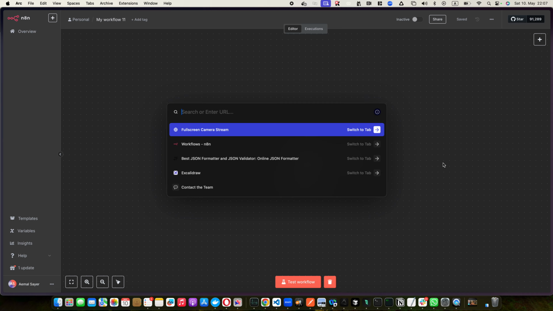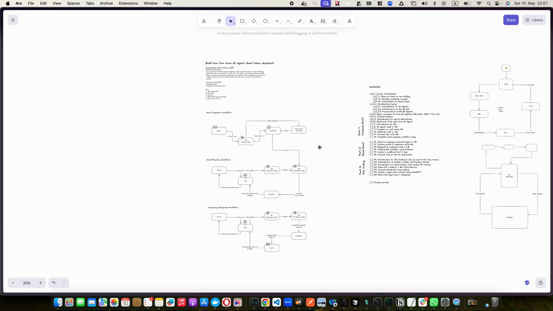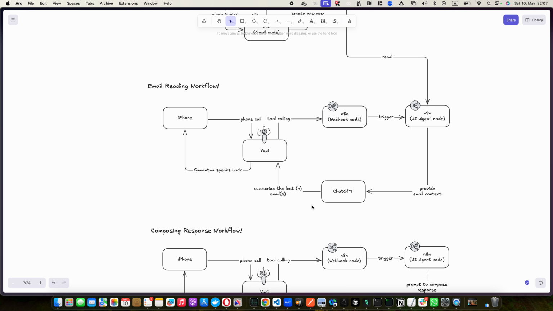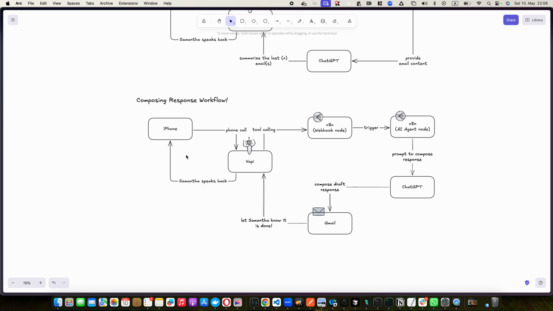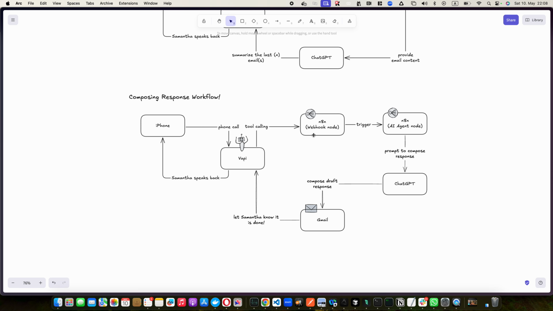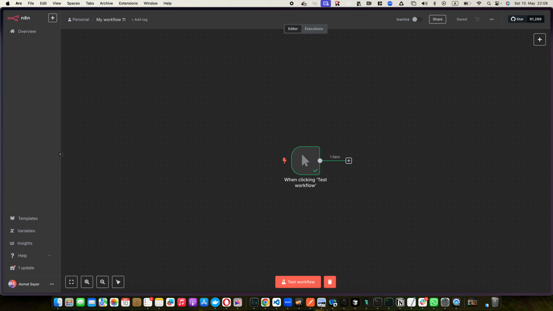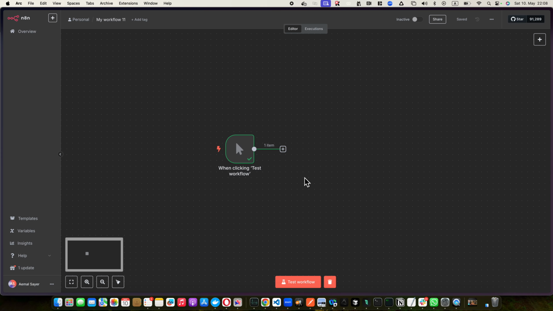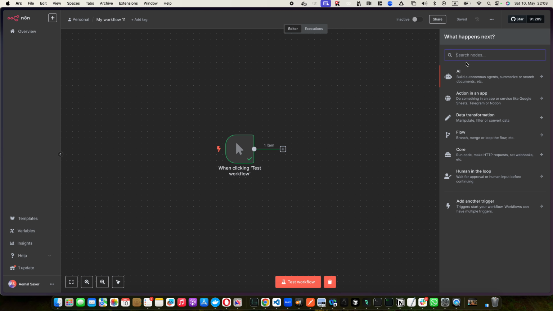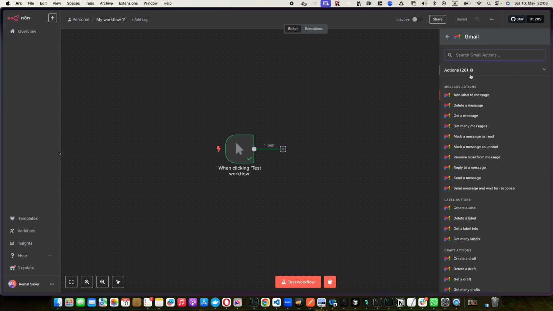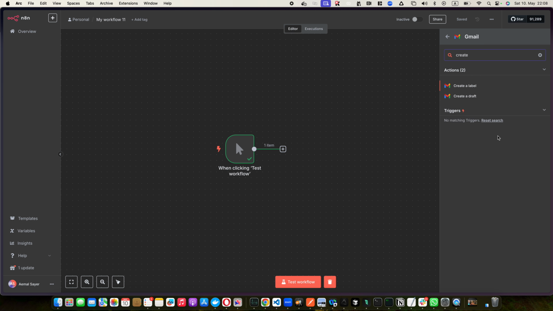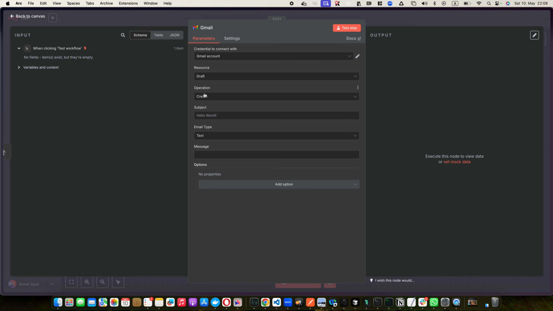Later on, if I take you back to the overall plan here, the compose workflow will happen through the voice interface. So right now it's just based on the click to make our life easier and just get to the point. Then click on this, click on Gmail. When you go to Gmail, then you should see a create a draft option. When you click on create a draft option, you will see right now a Gmail account that's already there, but you can create a new one. Click on create new one,